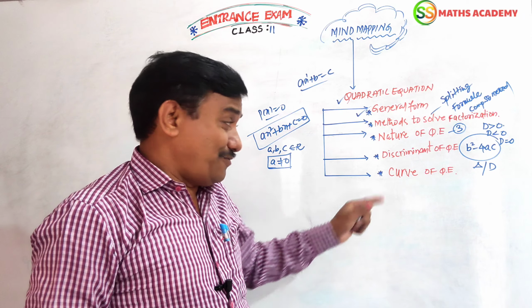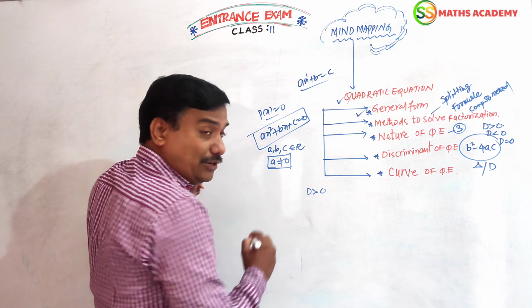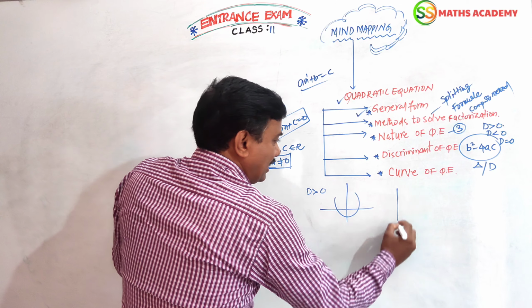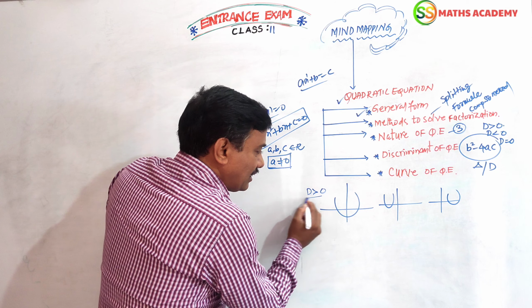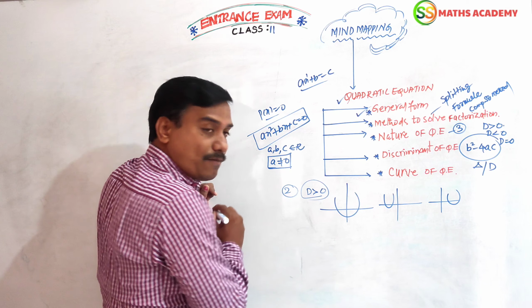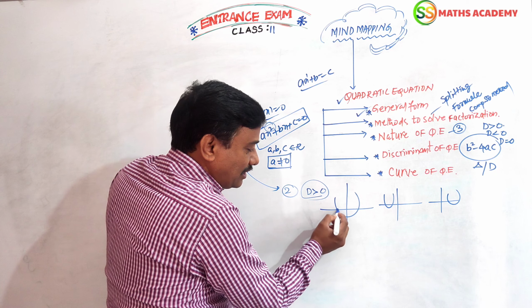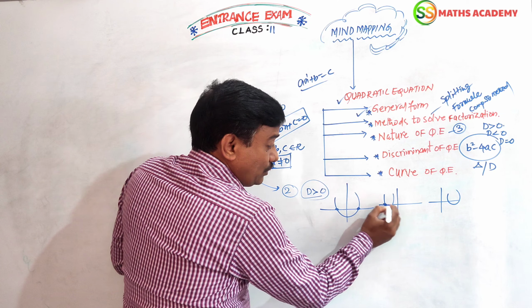Curve, very important now, very interesting. What is the curve? For example, based on this only, delta greater than 0, I told you, real and distinct. The same curve also will intersect at minimum 2 places. Yes, delta greater than 0, roots must be 2 roots, because the power is 2. 2 roots. What are the places? Here 1, here 1. 2 roots we are getting. Here 2 roots, here 2 roots.